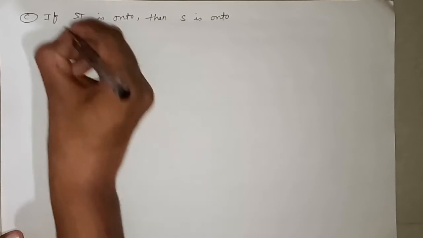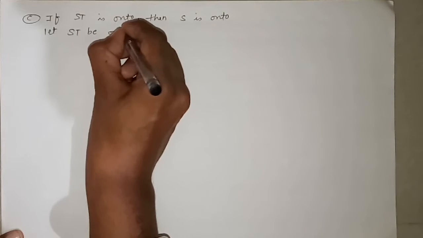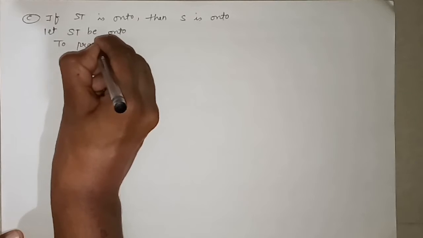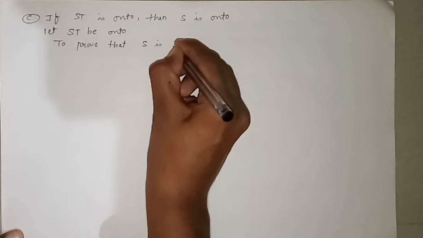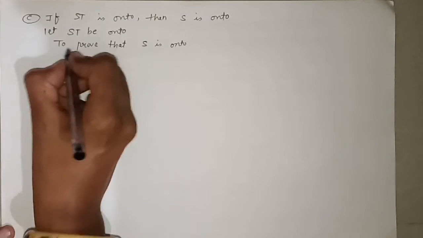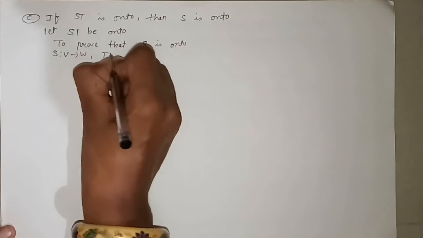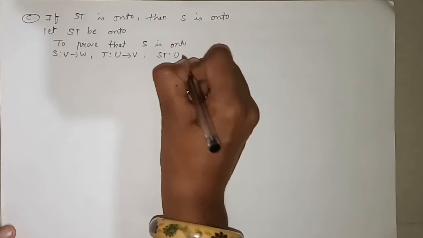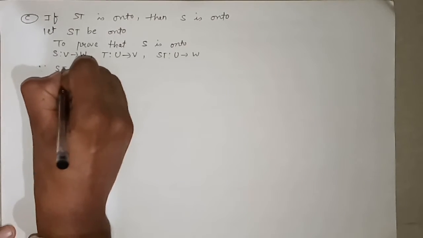For this, let ST be onto. Then we have to prove that S is also onto. Now we have S is a mapping from V to W. T is a mapping from U to V. Then obviously ST is a mapping from U to W. Now since ST is onto,